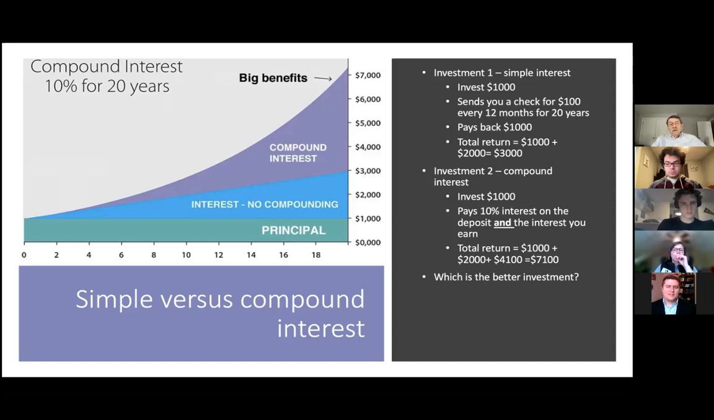Pretty straightforward. Now let's look at 20 years, same $1,000, but somebody is paying you 10% interest on the deposit and the interest that you earn. So your total return there is $7,100. So over a 20-year period, the difference between simple interest and compound interest, again, compound interest pays interest on the principal plus anything you've earned, is the difference between $7,100 and $3,000. So compound interest is absolutely remarkable. And again, if you put your money in a bank,